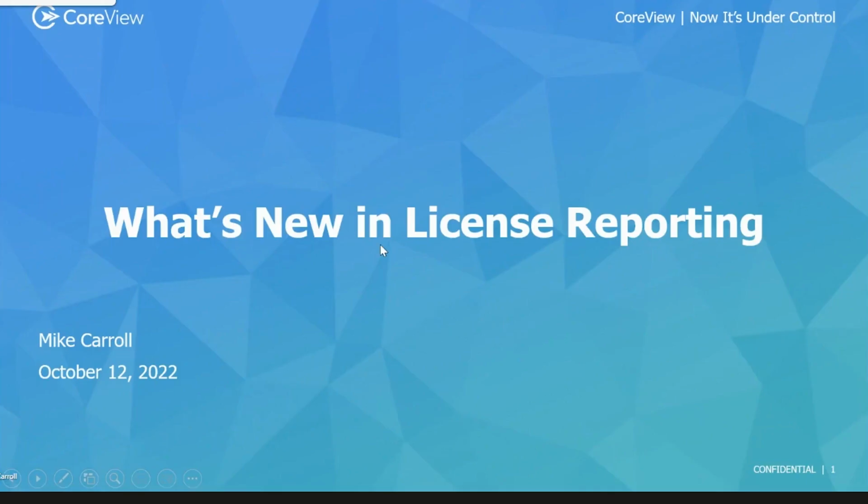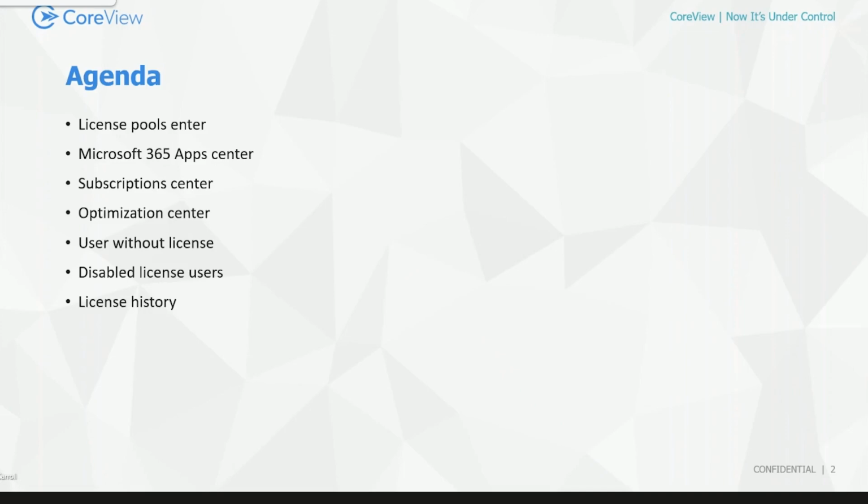Okay. So what we're going to talk about today is what we're calling the License Center. And it's really a collection of reports that have all been previously listed out underneath the licenses area. Not that much has changed, to be honest. Some things are grouped together to make it a little bit more concise when you're in the application. But there are a few subtle things that I'll point out here and there, just so you are acclimated to